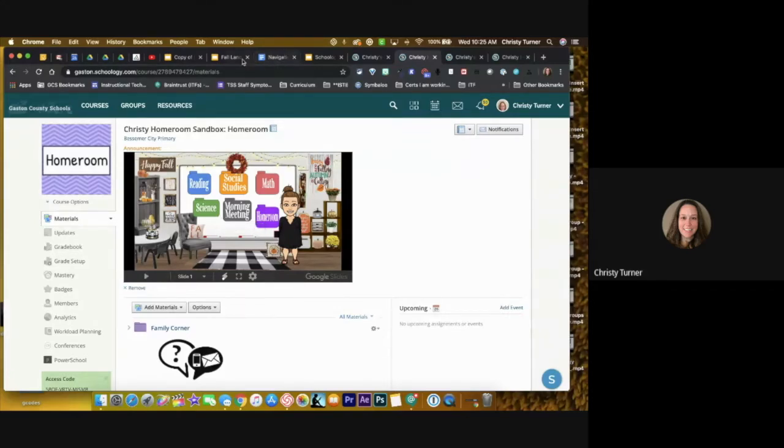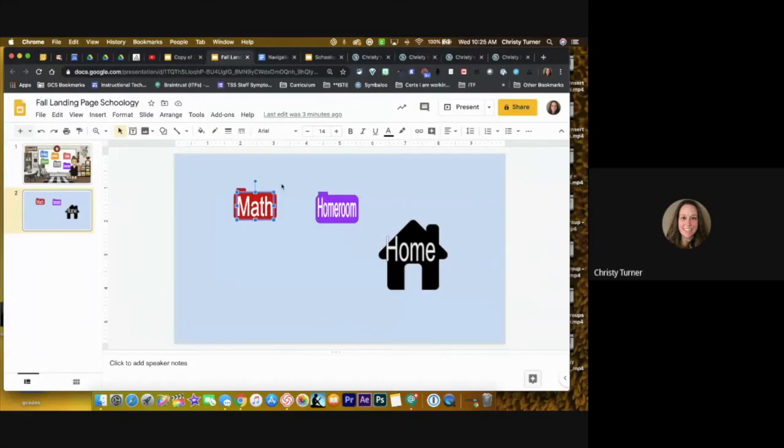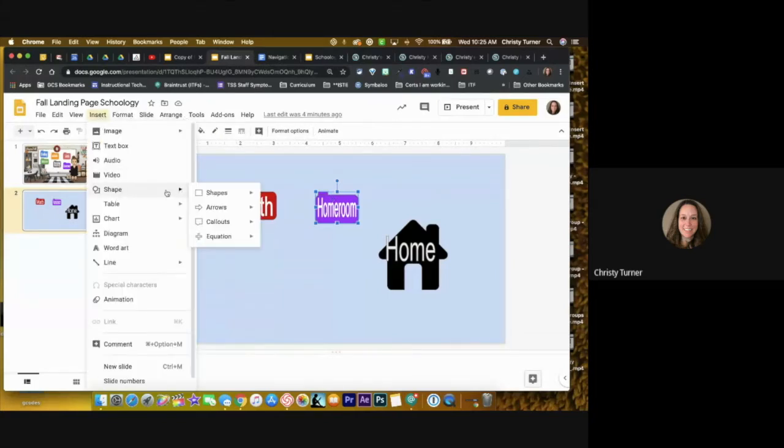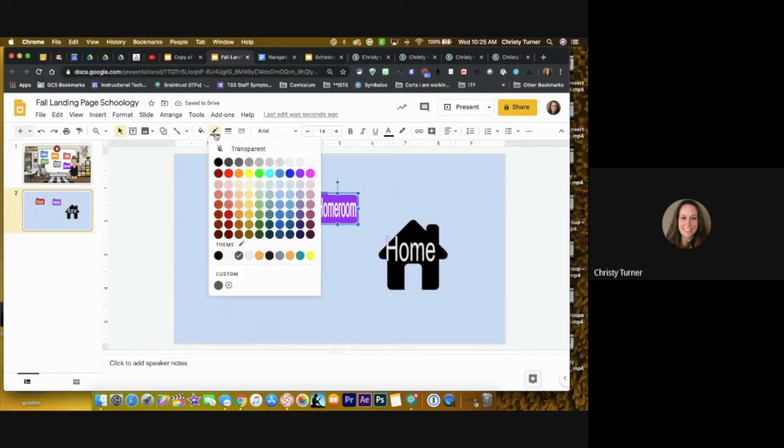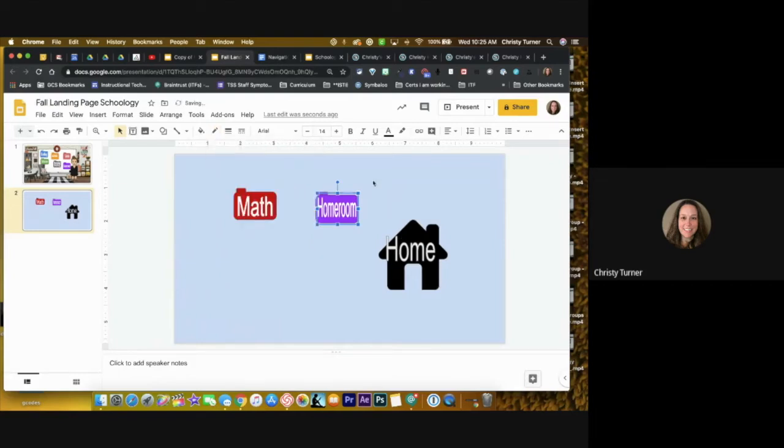So real quickly, let me show you again the transparent image. All I did was, because you've got to make it clickable, I'll do it for homeroom. I just had to do an insert shape, and I just put a square over it. So if they click anywhere in that area, it's going to take it. And then I go up to the paint can and do transparent. And then I have to go one more over to the border color and do transparent too. So you can't see that it's there, but it's there. And so now I can link